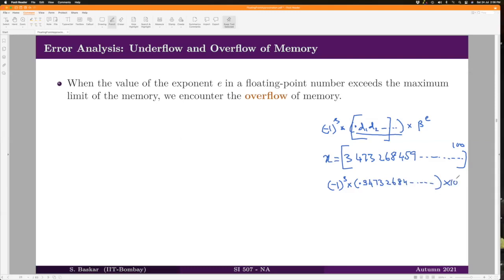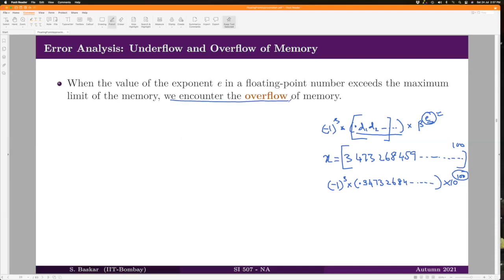Therefore, 10 to the power of something like a big number, like 100 or something, right? So a big number you have to give as the exponent. Generally, computers have limitations in handling a big number in terms of the exponent also, not only in terms of the mantissa. It also depends on how big this exponent is. When the value of the exponent in a floating point number exceeds the maximum limit of the memory, we encounter